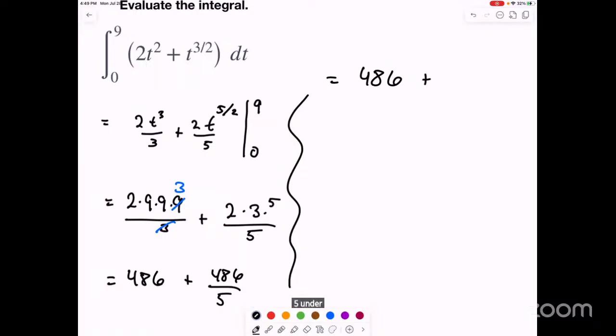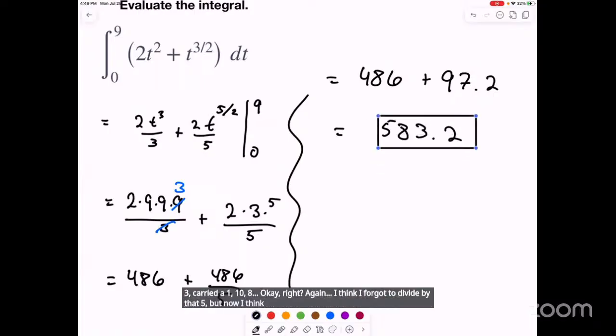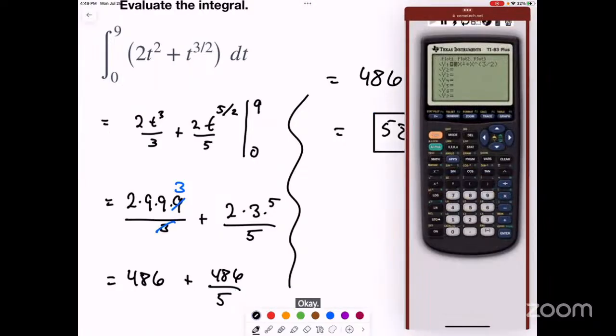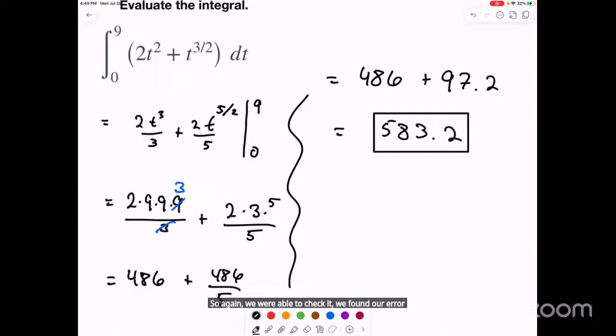5 into 48 is 9. 36 would be a 7. 2. 3, carry the 1, 10, 18, carry the 1. Okay, right, again, I think I forgot to divide by that 5, and now I think we've got the same answer that the calculator got. Okay. 583.2, 583.2, right? So again, we were able to check it, we found our error, we fixed the error, we